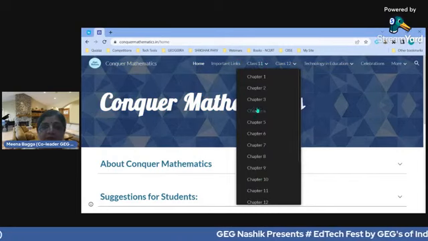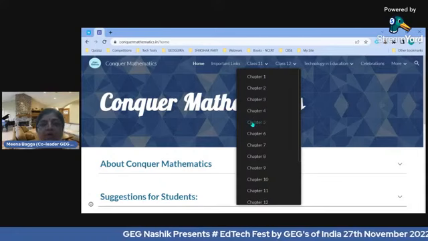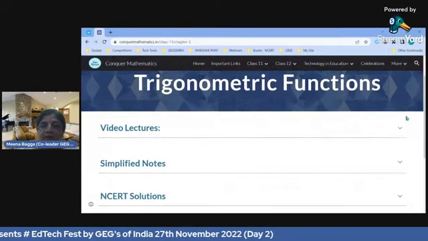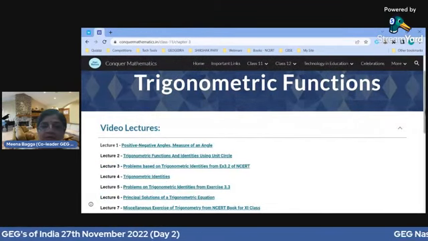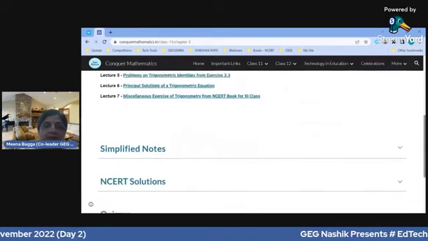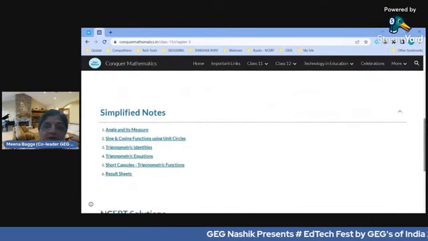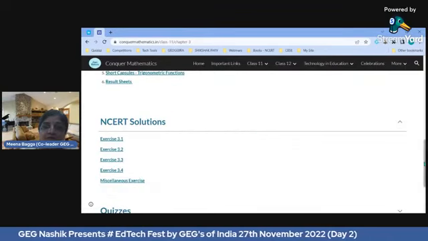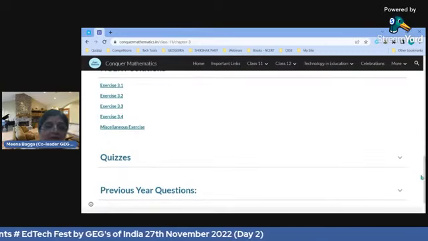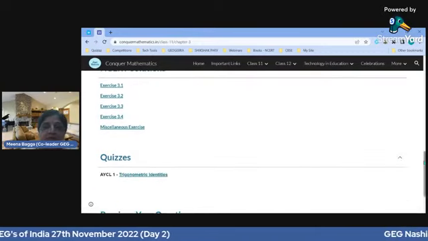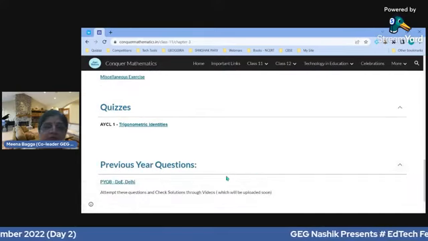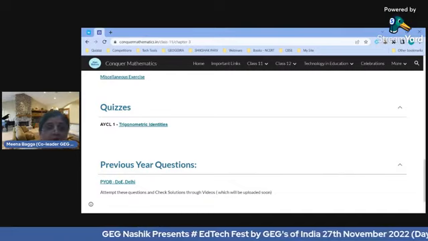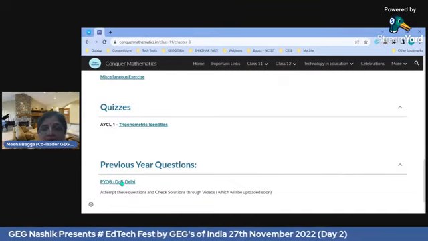They can easily search for the chapter they want. Suppose they want this chapter, they will just click here, and all the video lectures I have put here systematically. They can find the notes here. They can find the result sheets. They can find the NCERT solutions also. All the resources are kept in a single place. They will find the quizzes also and previous year questions. I'm teaching in an EDIT school and we prefer DOE papers, so they can find that content here